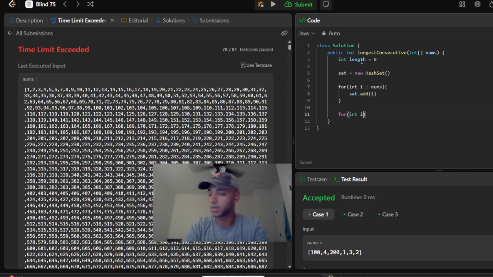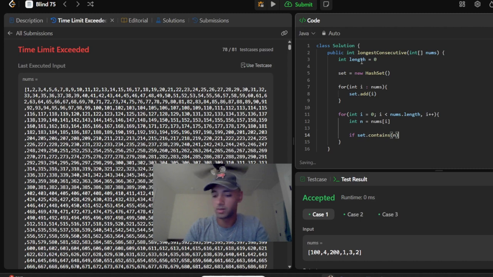Okay, for int i equals 0, i is less than nums dot length, i plus plus. If set dot contains n, oh, I think this needs to have